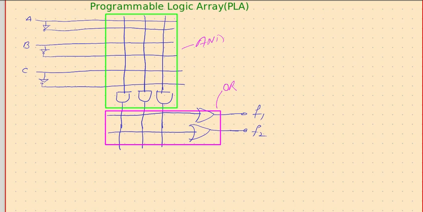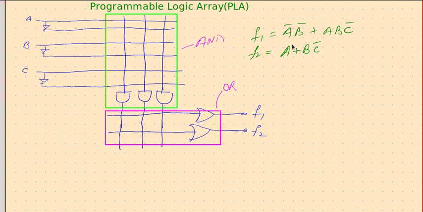Say if we want a function f1 as A bar B bar or A B C bar, and f2 as A or B C bar.